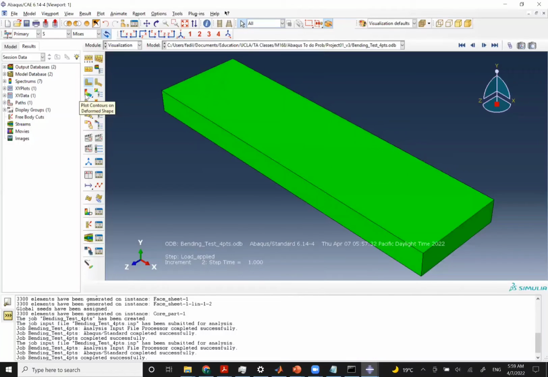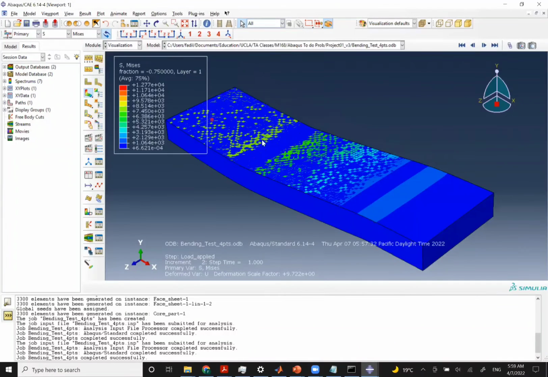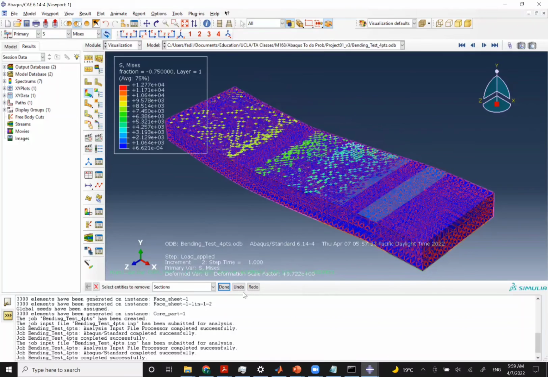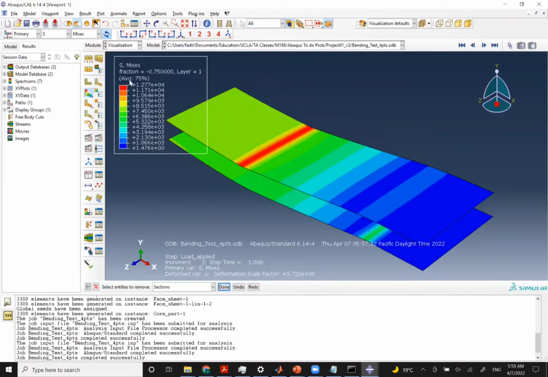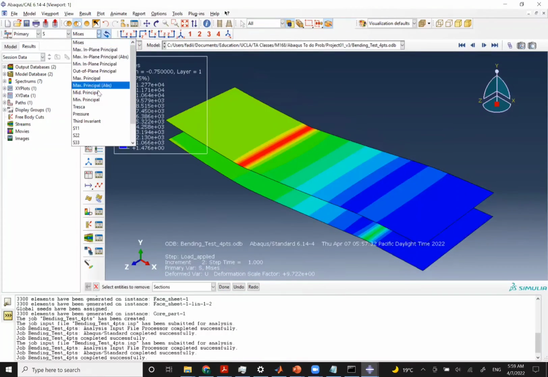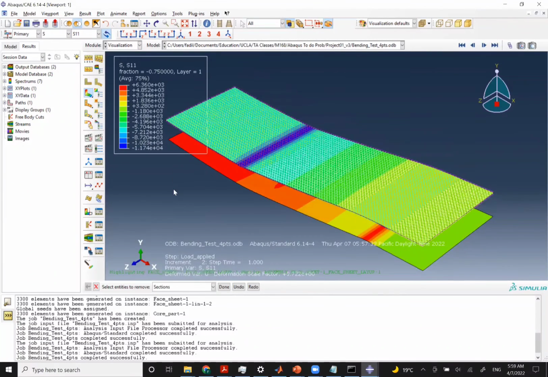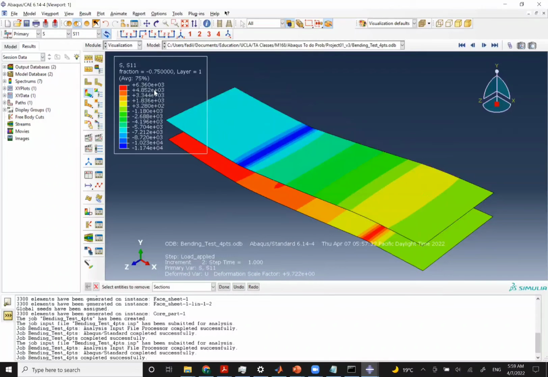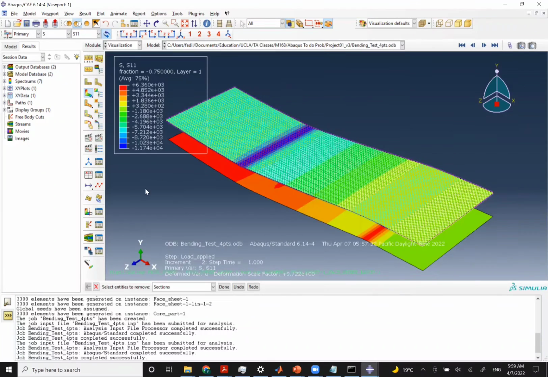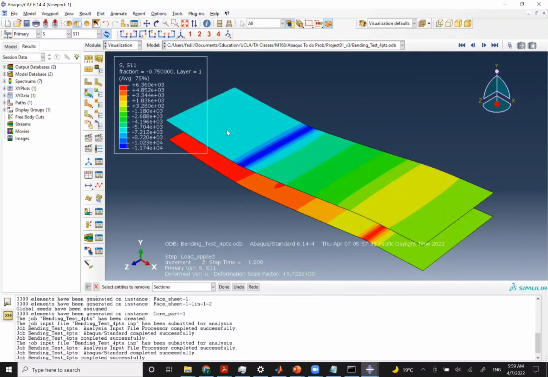Let's go to deformation, and now it doesn't make a lot of sense, so it's better to remove this part. So let's see them separately. So we can see their stresses separately. Let's go to sigma 1, and let's see what we have here. These are the stresses now, and what we can see,